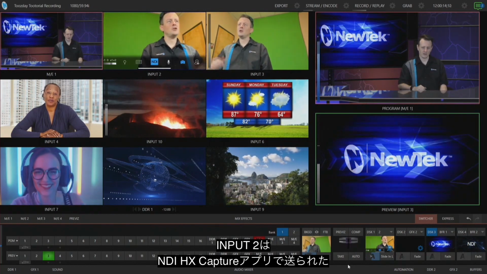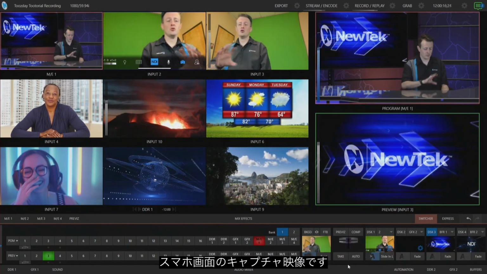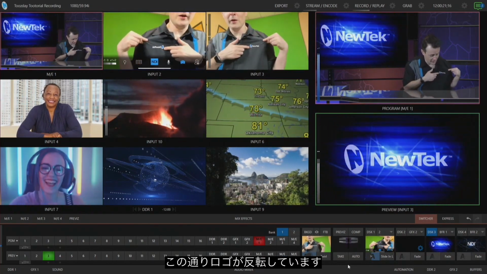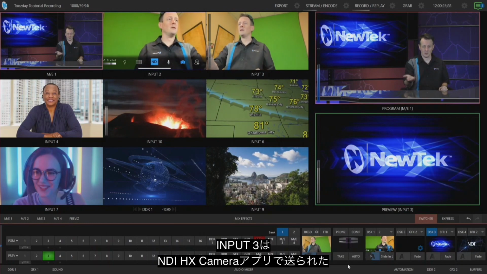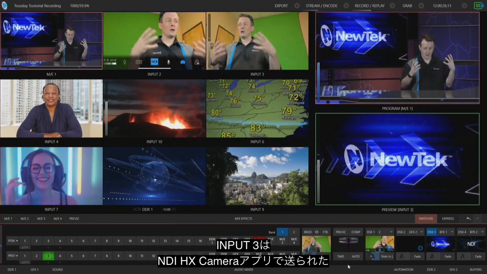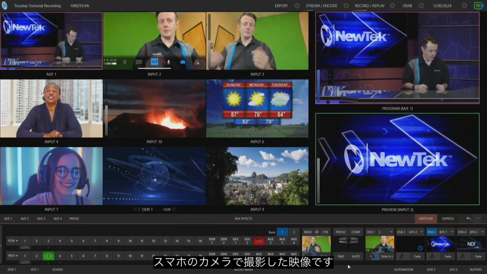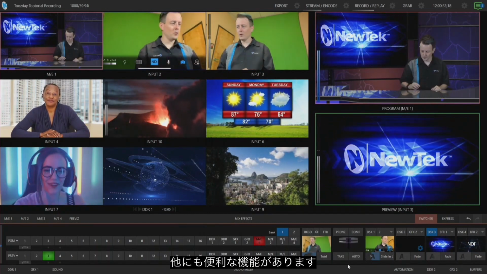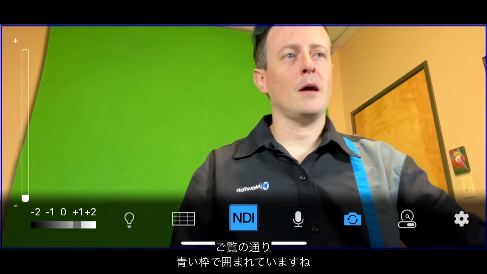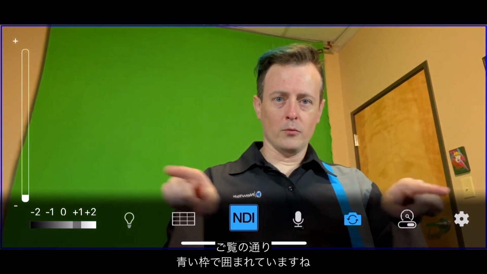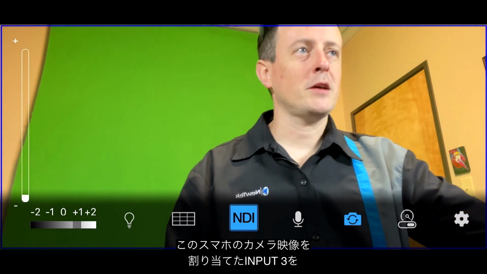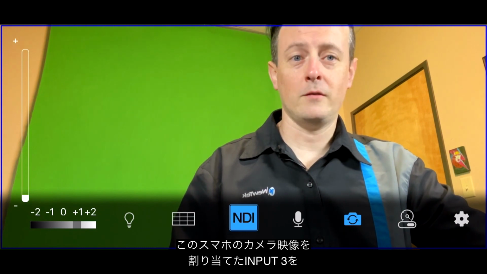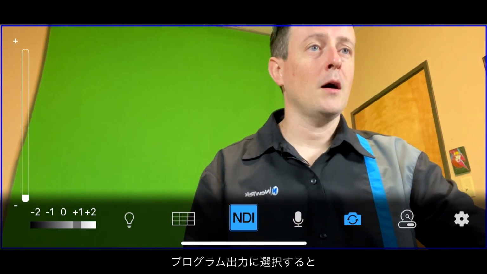Because in NDI HX Capture, that's just showing me the native feed from what's going on in the application. And if you look, my NewTek logo on my shirt here is backwards. But if you bring that into input number 3, for example, now you're getting the correct image and how the aspect ratio should look. Now, another little feature here, if we take a look back on my phone, right now you'll notice there's a little blue line around my application here. But check this out. If I click on input number 3, which is the output of this camera, on my program row,